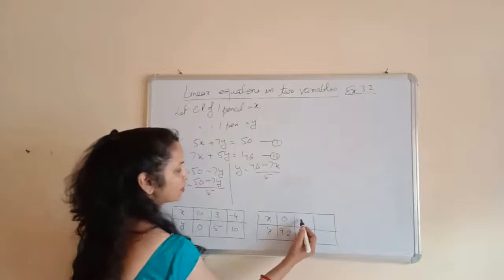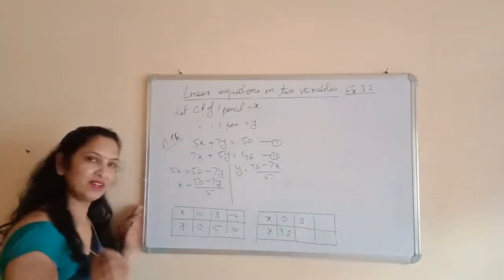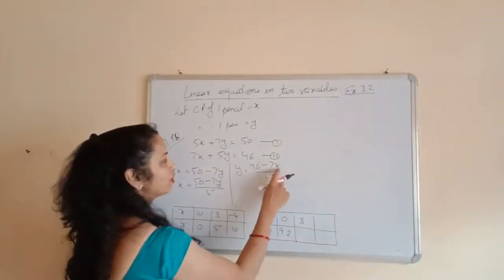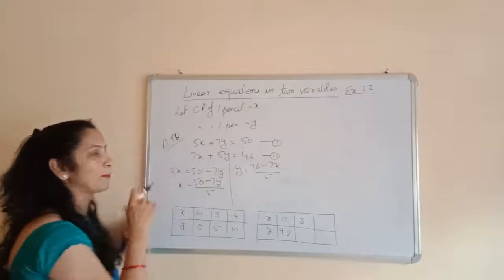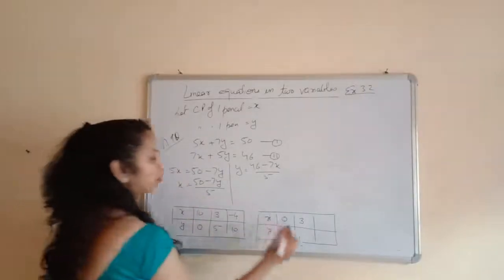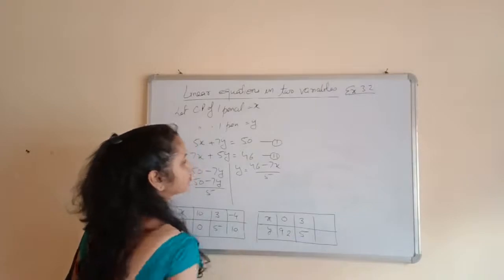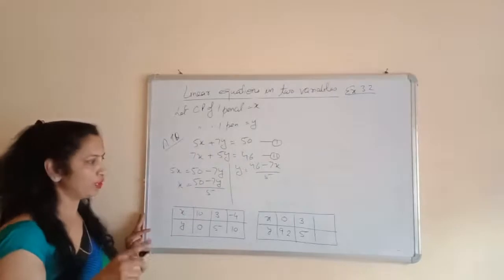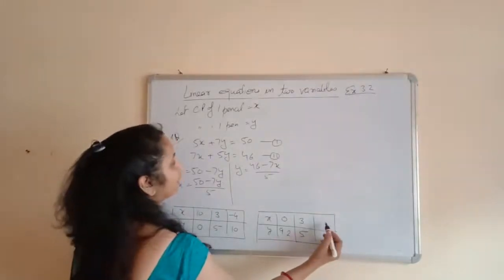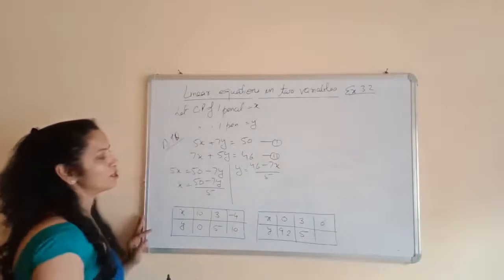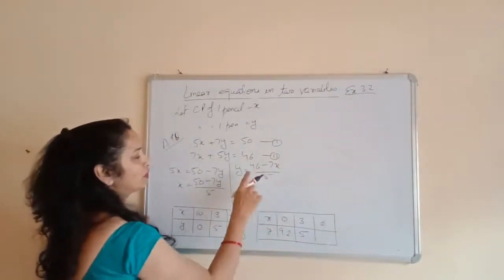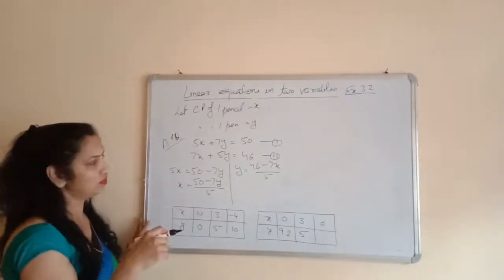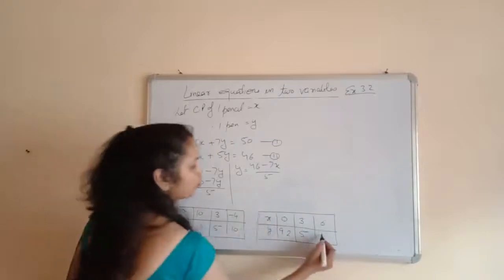Now the next value, I am taking x as 3. You can take any value of x: 1, 2, 3, 4. If I put the value 3 here, 7 times 3 is 21. 46 minus 21 upon 5. 46 minus 21 will be 25, and 25 upon 5 will be 5. And then we can put the value 6. By putting 6, we get 7 times 6 is 42. 46 minus 42 upon 5 will be 4 upon 5, so 0.8.